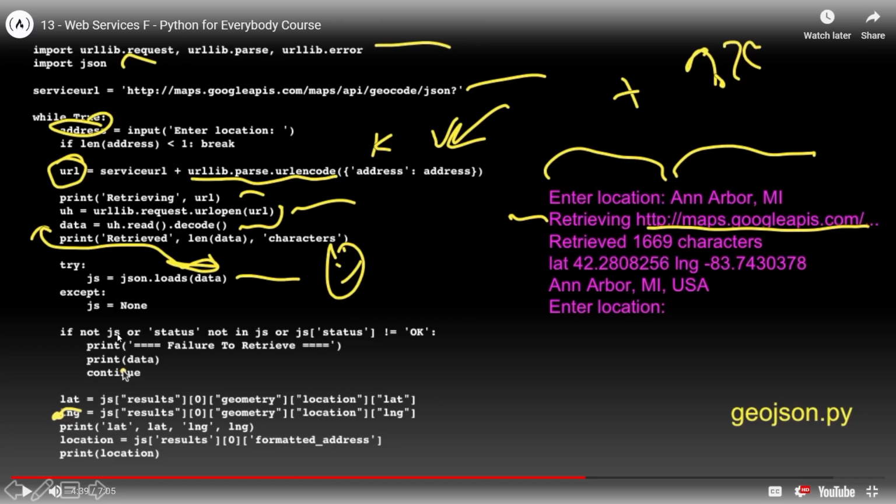If js equals None, or status not in js, wherever status would be, I don't know. If there's no status in here, or js status does not equal OK. So there's going to be a status somewhere in this loaded thing. I guess this is making an object, and there's going to be a js status equaling OK in there somewhere. We're going to say failure to retrieve data. Okay, I guess that's what that's saying right there.